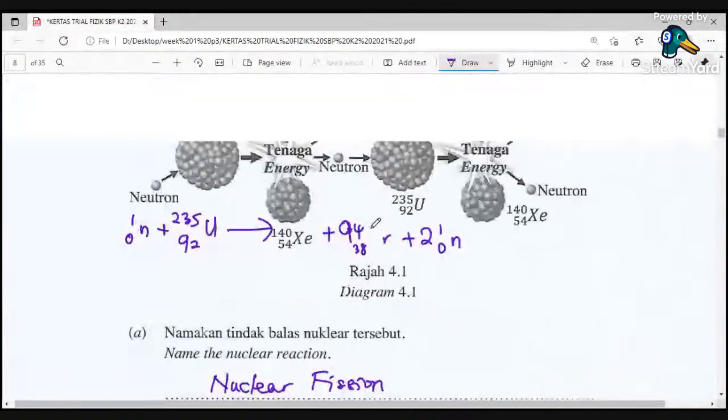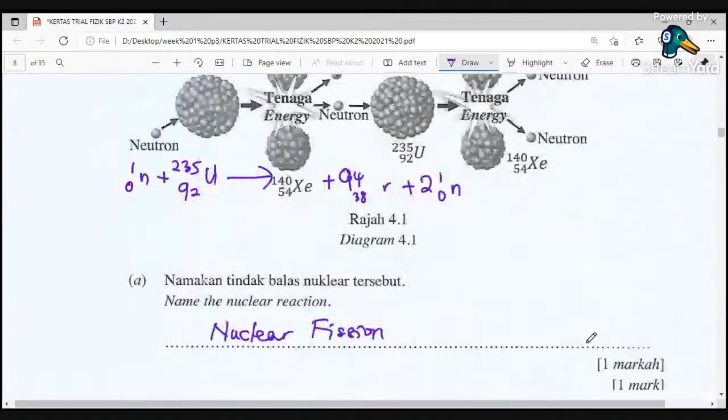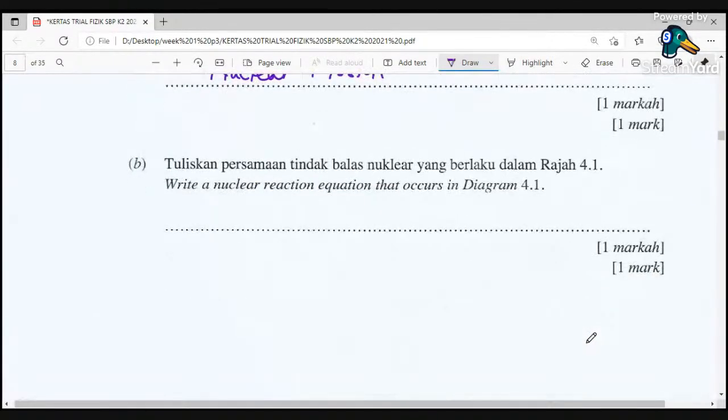The two neutrons will then collide with another uranium nucleus and another fission continues to occur. If not controlled, the next neutrons will continue the fission process until it is uncontrollable. So a large amount of heat energy will be released. So to write the nuclear reaction, just write: